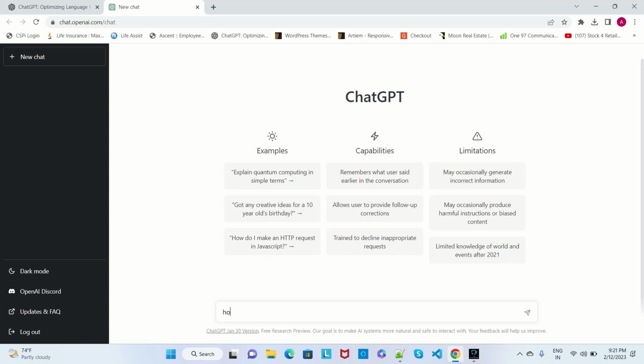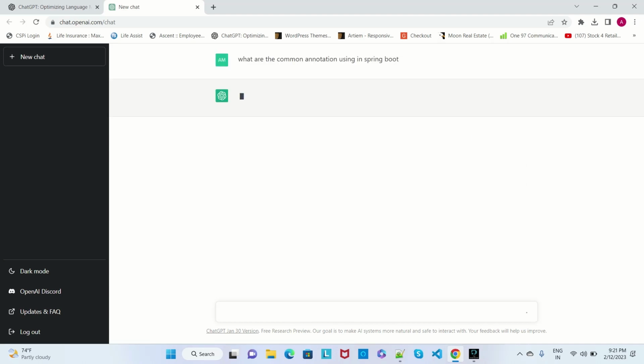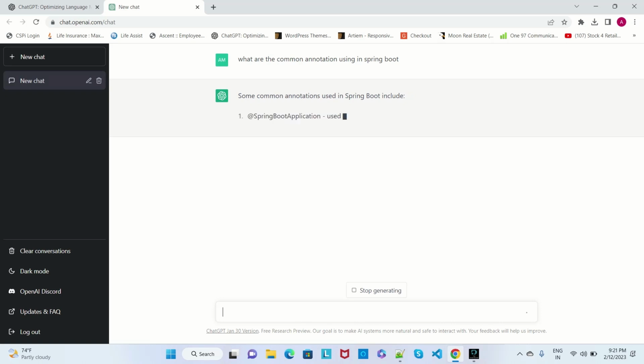So suppose I am searching: what are the common annotations used in Spring Boot? All the common annotations which we are using in Spring Boot while we are developing any